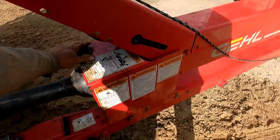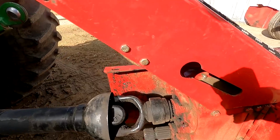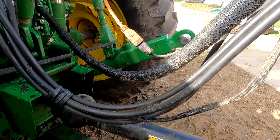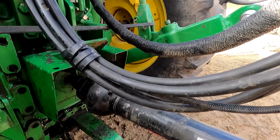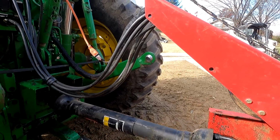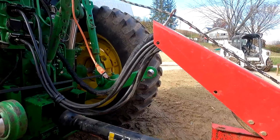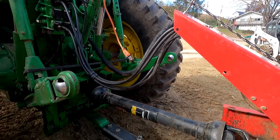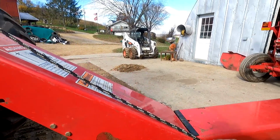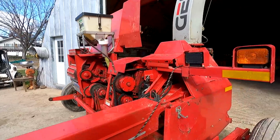And then for sharpening, this is kind of interesting, a little different than the other one was. There's 2 shafts here. And this is the drive line for the tractor. This is what we call 1,000 RPM, which is revolutions per minute. So it's either 540 revolutions, which is on your standard shafts, and that's more your older stuff. And then the bigger, newer stuff is 1,000 revolutions per minute. So anyway, you take this off and put it on there, which reverses the cutter head. So the cutter head runs backwards,